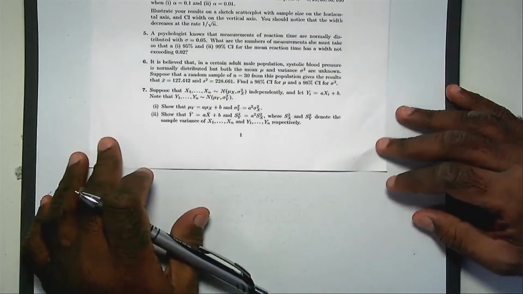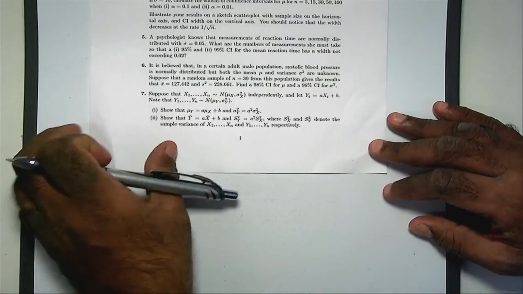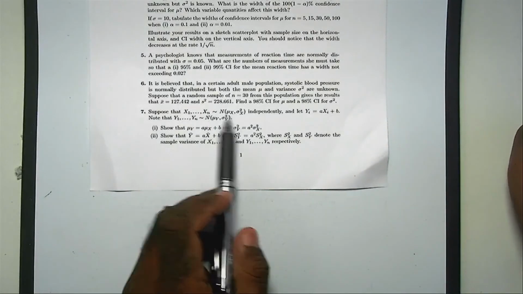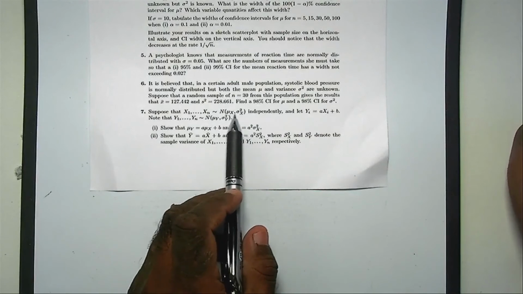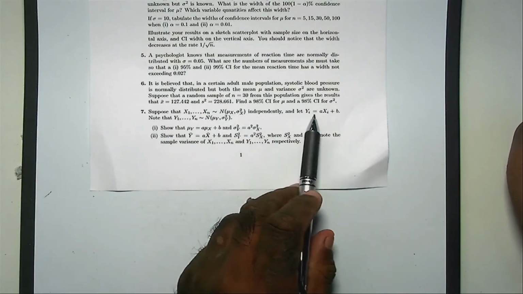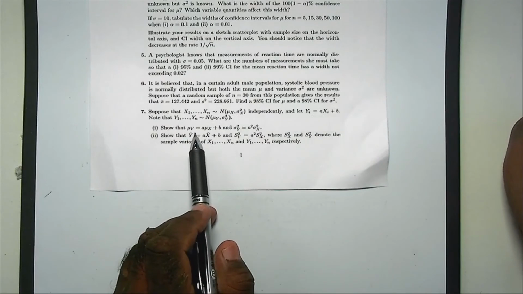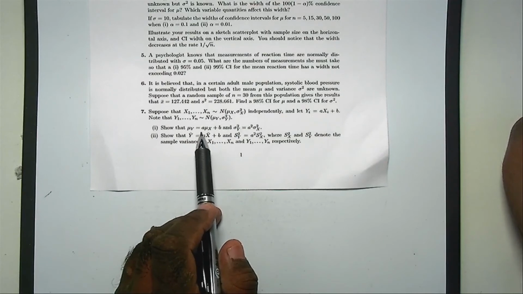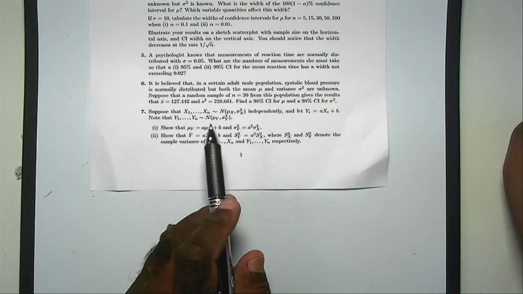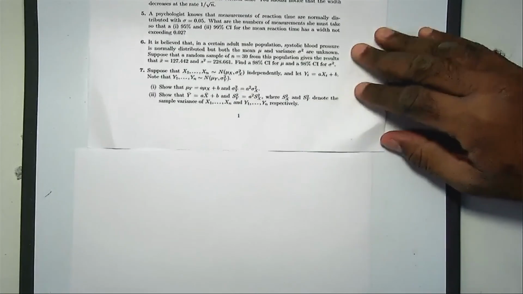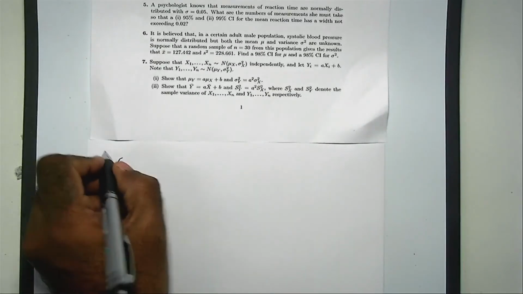Let's do the last one, which is question 7. It has 4 different parts. Start with the first: you have a sample from a normal distribution with these parameters, and y is ax plus b, and you have this. Show that this is equal to this and this is equal to this, right? Alright, so this is question 7,